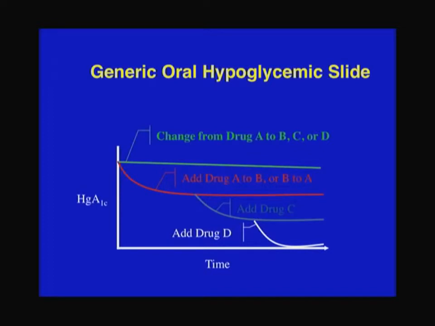We have a lot of drugs to use for diabetes, and most patients need more than one. If you switch from one drug to another, your blood sugar doesn't improve much, stays flat. But if you add a second drug to a first drug, it works well, and that's what we end up doing. So we start with one. I'll tell you which one in a moment. We add a second, and then sometimes we'll add a third or even a fourth.